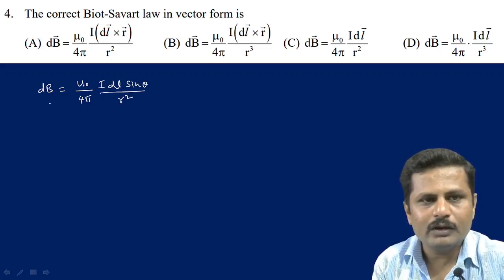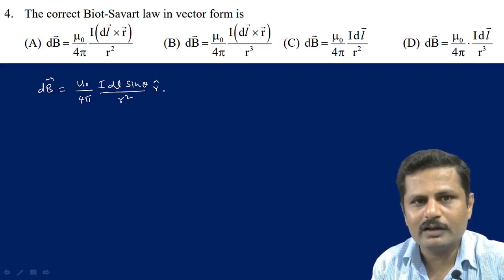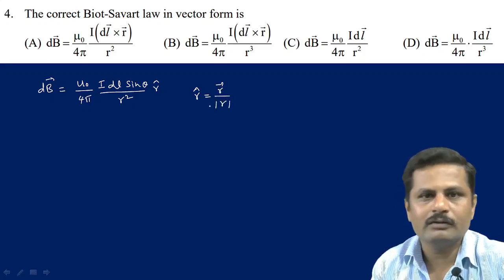Now whenever we write this in vector form, there must be a direction, that is r cap, which represents the direction of the magnetic field. This is the unit vector, and r cap can be written as r vector divided by the magnitude of r. Thus we can write,